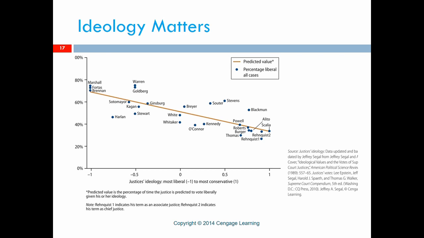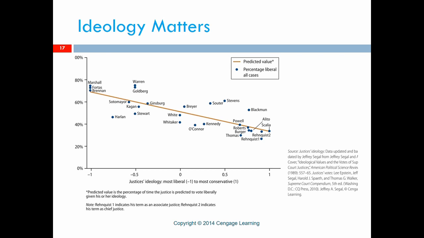We'll note, however, they're voting liberal about 75% of the time. The conservative justices are voting conservative about 40% of the time. So it's not like they never deviate from their ideology. But as a general rule, if you wanted to guess how they were going to vote, you would say they're going to vote the conservative way or the liberal way. Specific cases with specific facts may get them to vote in ways that seem inconsistent with their ideology, but the typical case would not.